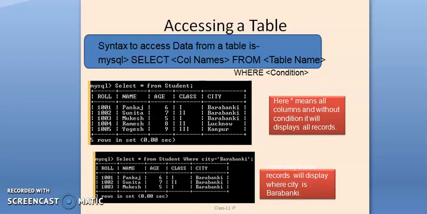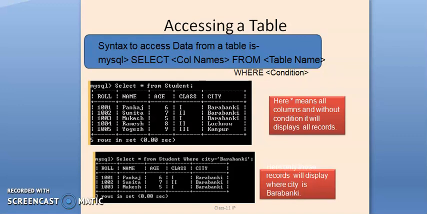How can we access that table? Which command is used to access the records from a table? The select command is used for that purpose.